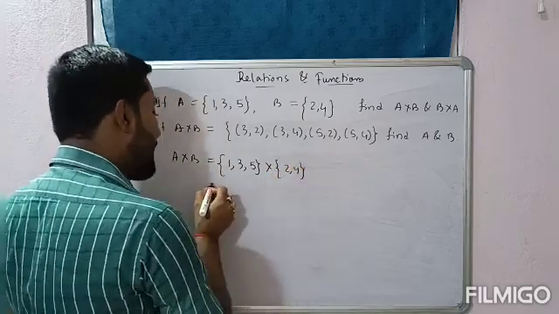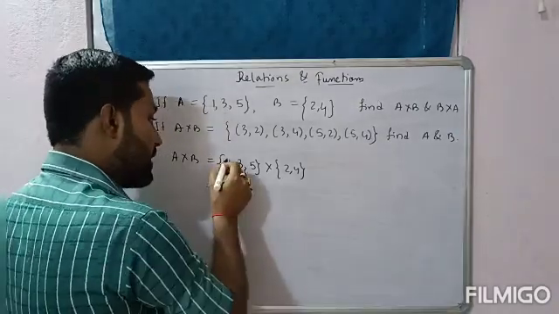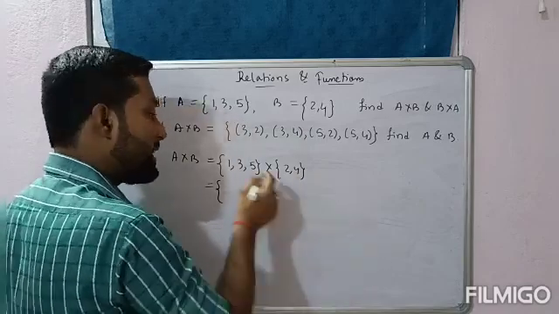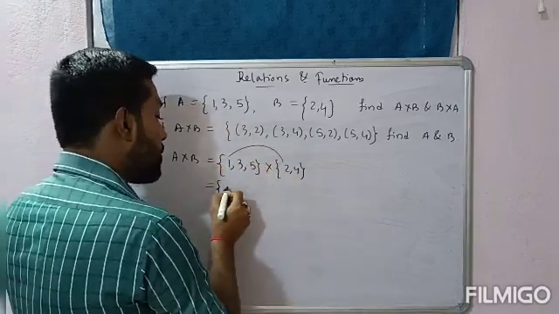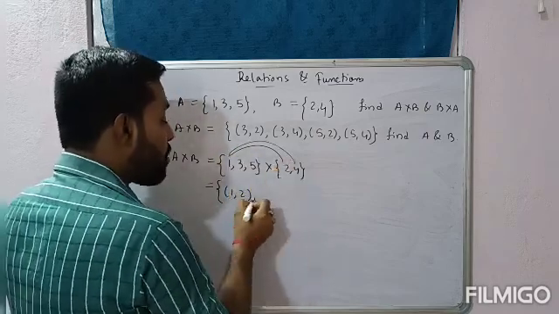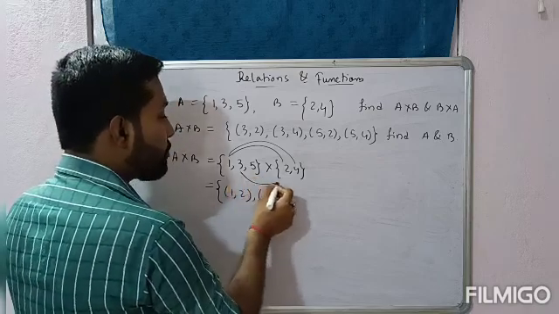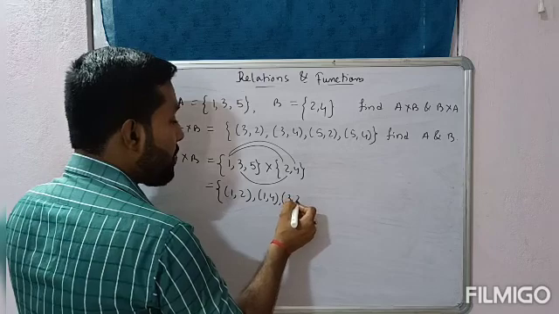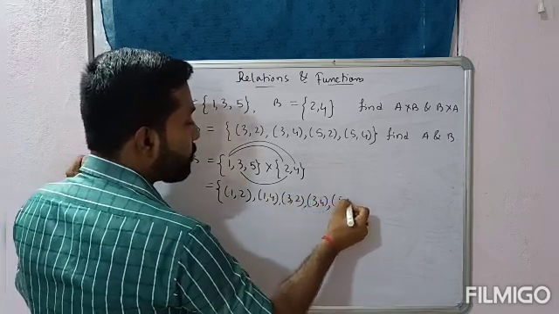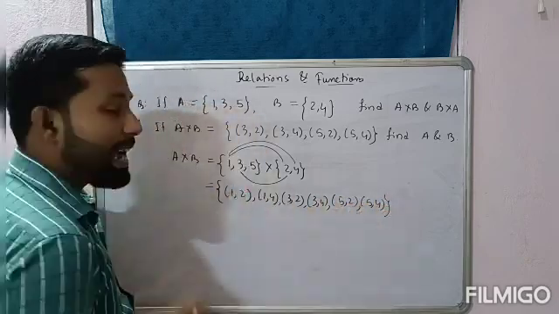So let's see how to multiply. Okay, first give the curly bracket, start from 1. We have to do it like a normal expansion in multiplication, okay. 1 into 2, right? 1 comma 2. Next 1 into 4, 1 comma 4. After that you have to start from 3. 3 into 2, that is 3 comma 2. Next 3 comma 4. Next 5 comma 2 and next 5 comma 4. This gives the elements of A cross B.